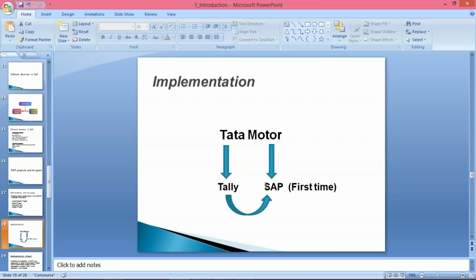What are those activities, guys? Once we start the practical session, I will let you know what those activities are, one by one, step by step. Here, theoretically, I'm just trying to clarify and make you understand that if somebody asks what you mean by implementation, implementation means the first-time installation of SAP in any organization. That is called an implementation project.